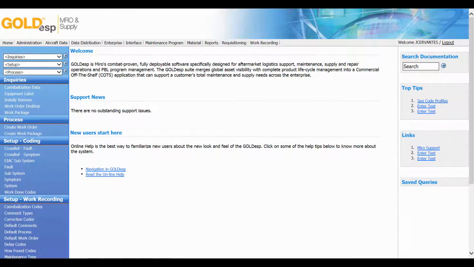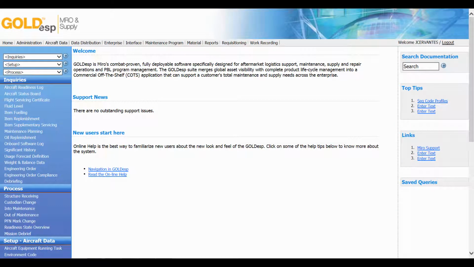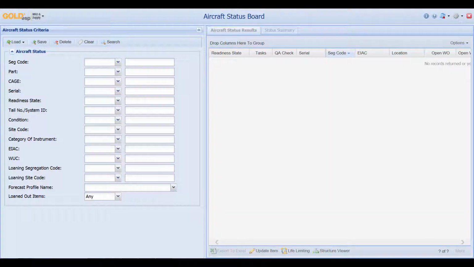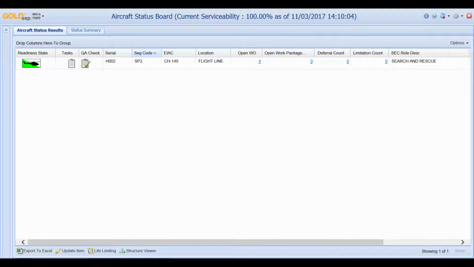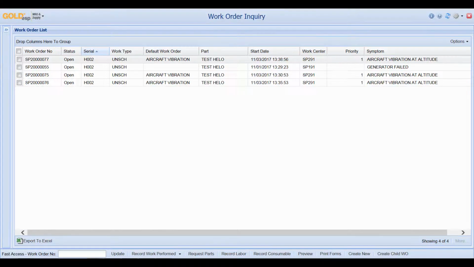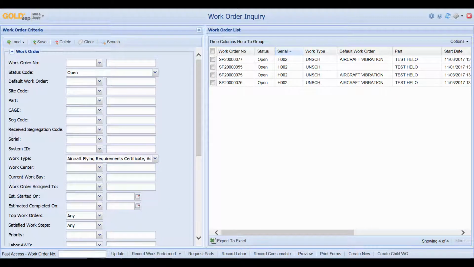If I'm looking for work orders against a specific aircraft, I have a few different options. I can start by coming over to Aircraft Data and then clicking on the Aircraft Status Board. From the Aircraft Status Board, I can then select the aircraft that I would like to find and click on Search. The Aircraft Status Board comes with hyperlinked sections. These hyperlinks relate to work orders. For example, this hyperlink will lead me to all the open work orders associated with this aircraft. If I click the hyperlink, it brings me back to the work order inquiry screen,